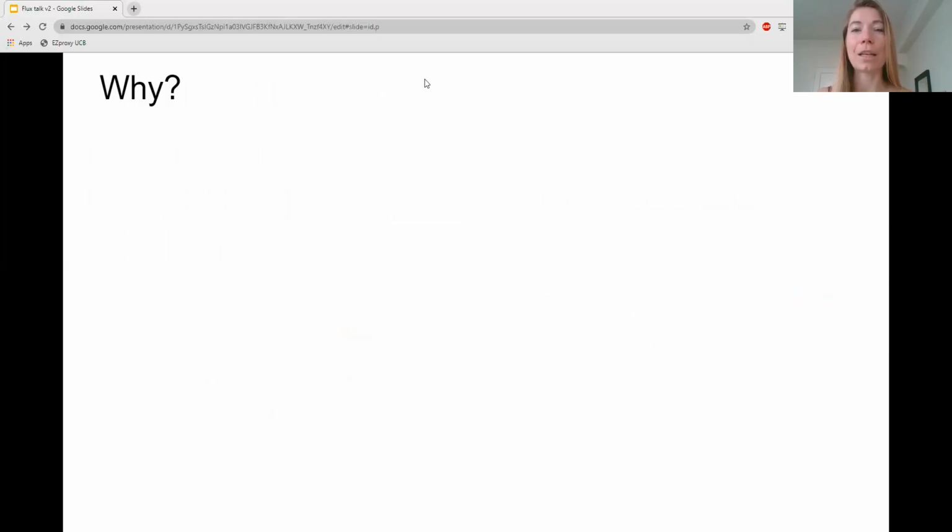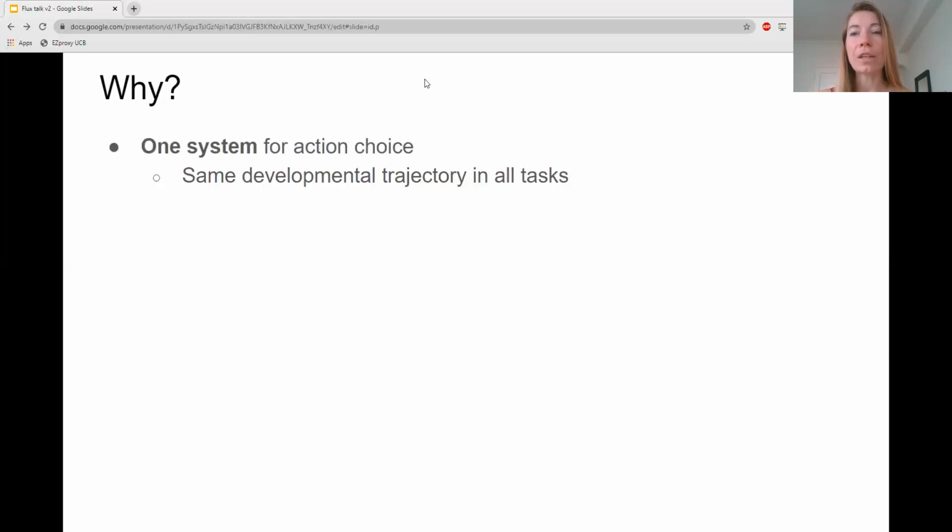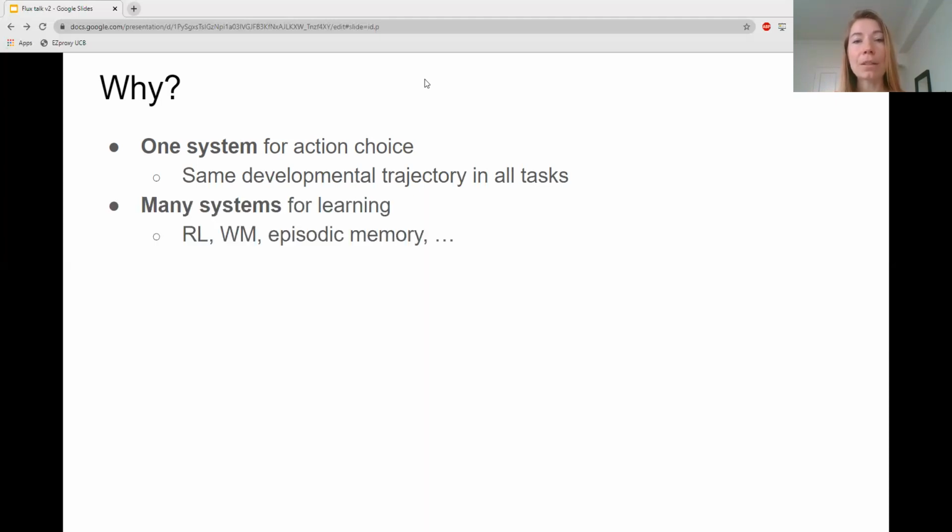So here's one possible explanation. There might be one coherent brain system that regulates action choice. As this brain system develops, decision temperatures drop across tasks to move us from exploration to exploitation. Learning, on the other hand, is regulated by multiple systems: reinforcement learning, working memory, episodic memory, and so on. And because different learning tasks tap into different learning systems, and each matures on a different schedule, we see different